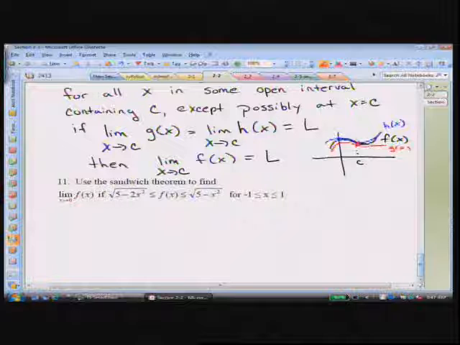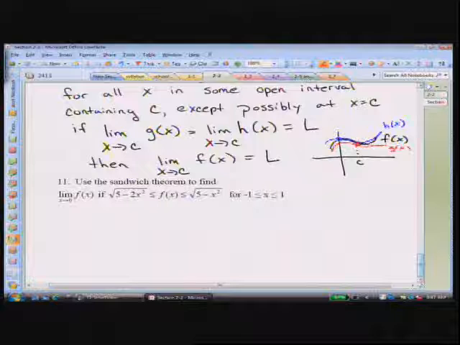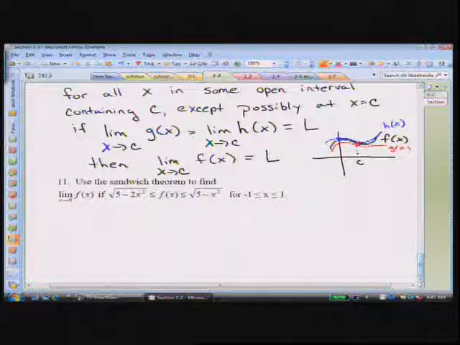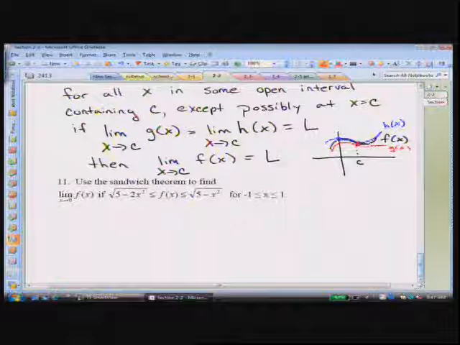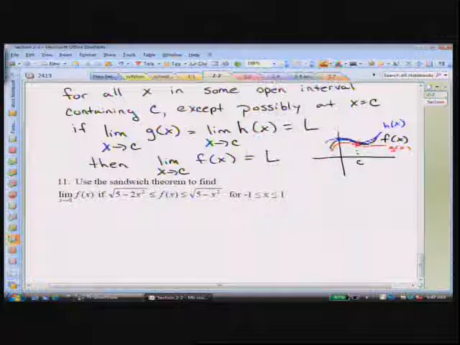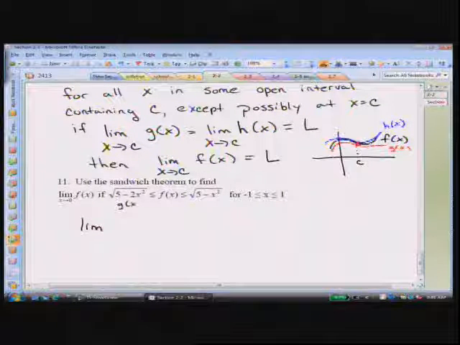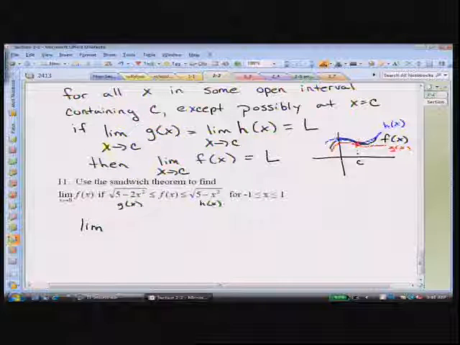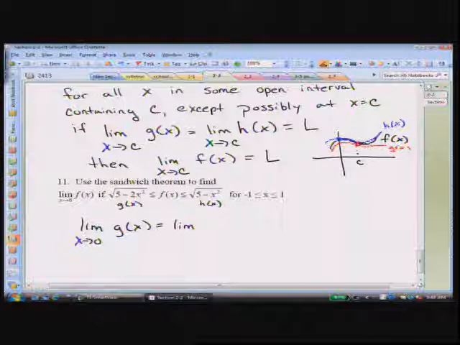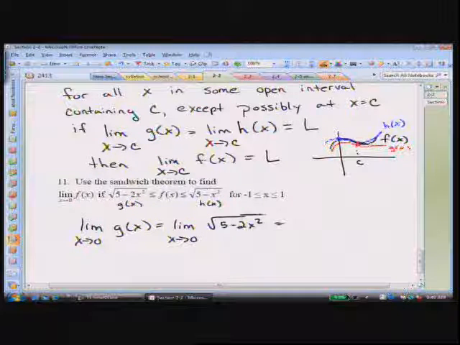It says, use the sandwich theorem to find the limit as x approaches 0 of f of x, if we don't know what f of x is, but we know that it is sandwiched in between two functions, the square root of 5 minus 2x squared and the square root of 5 minus x squared. Well, this is actually pretty easy. It looks scary, but it's easy because you can do direct plug-ins. This is like your g of x, and this is like your h of x. So you can look at the limit as x goes to 0 of g of x with a direct plug-in, the limit as x goes to 0 of the square root of 5 minus 2x squared, which of course just plugging in